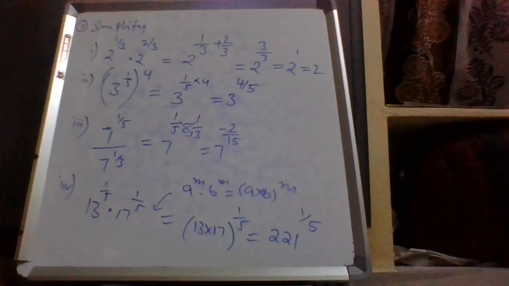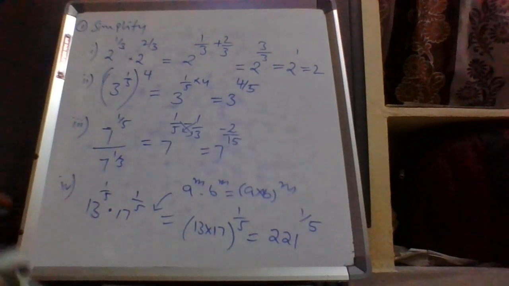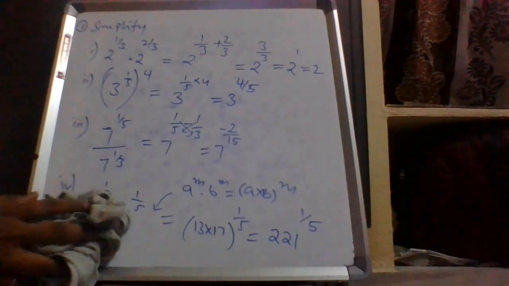I would like to explain some more problems also. Okay, got it up to here? Right. The next one is, I'll explain some of the problems in the exercise and the remaining you do as homework. This is the last exercise of the chapter. With this exercise we will be done with the chapter, and some constructions are there. The constructions I'll explain in further classes, because we need a geometry box and everything.